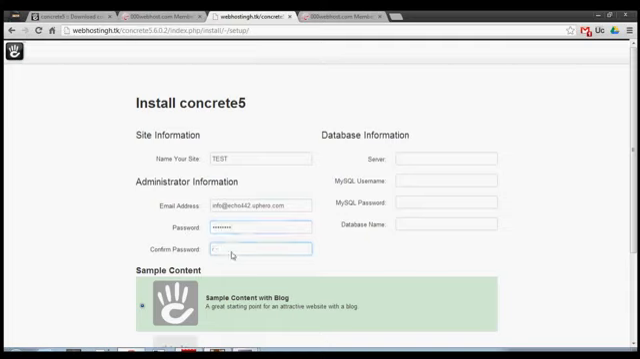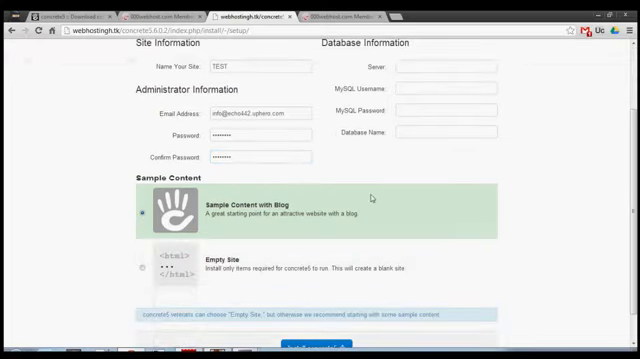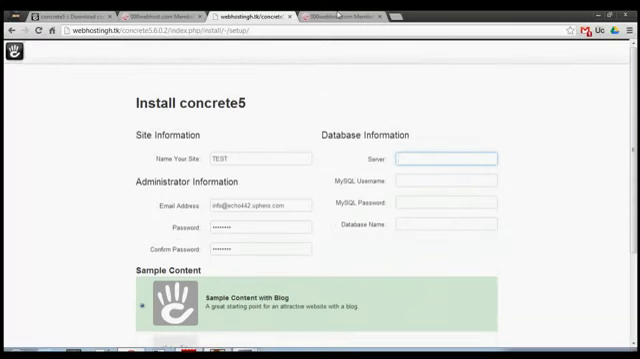Obviously these are the details that will be used for your admin login, as it says, administrator's information. Most of the details that you put in here, apart from the database details, you will be able to change later. And after that, what we're going to do is put in our server details,